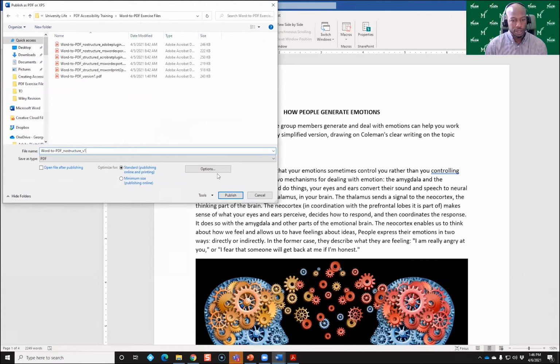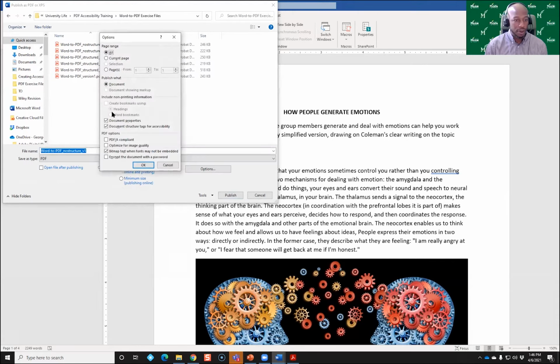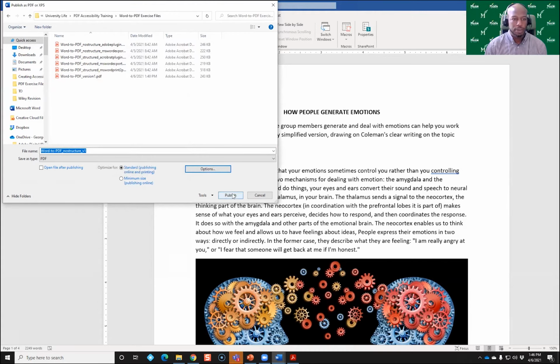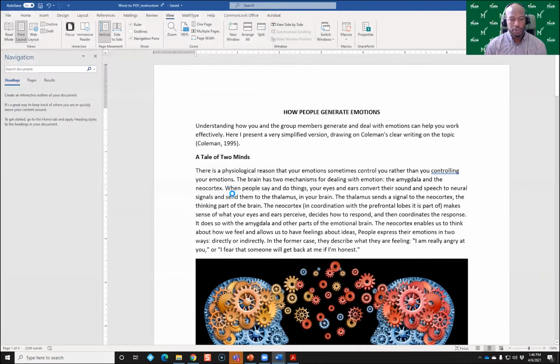I'll save it, click on Options. Although we don't have anything, you'll notice that Create Bookmarks using headings is grayed out. That's because you don't have any headings in your document, and it can detect that. But it will still carry over your properties, and any other structural tags if you have them, like numbered lists, bulleted lists, or hyperlinks. So I click OK, click Publish,